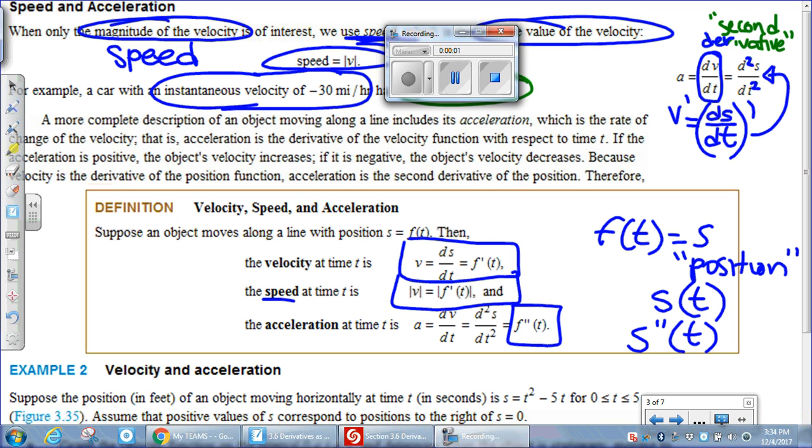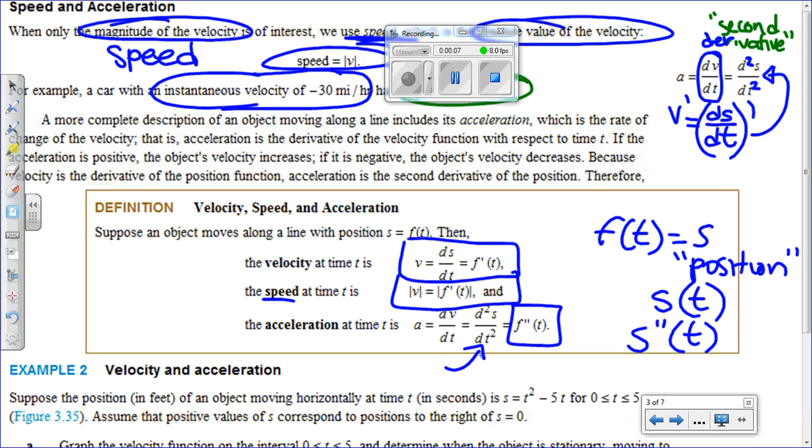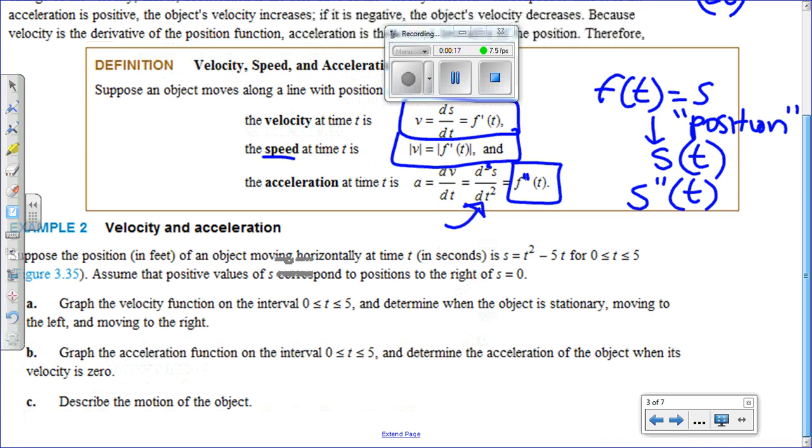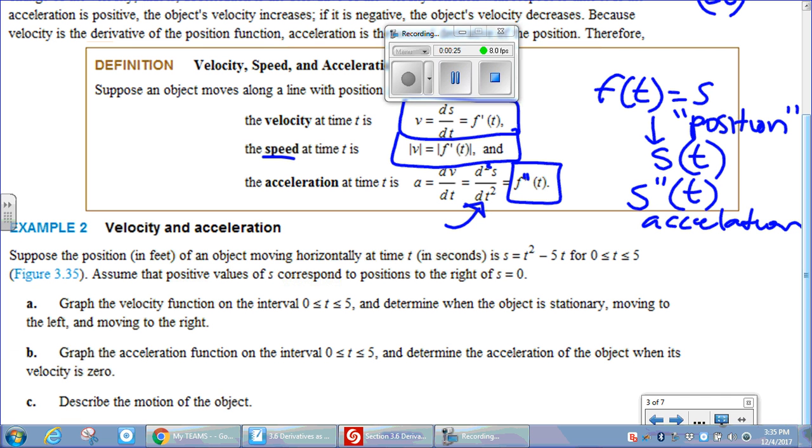To work on example 2, we'll just review how the notation, the different notations for second derivatives, such as that one. It doesn't mean d squared, it just means the second derivative of position, which is function f. It could also be function s, so if that's the case, acceleration will be the second derivative of position. So let's answer example 2, and I'm going to show you some animation so that the